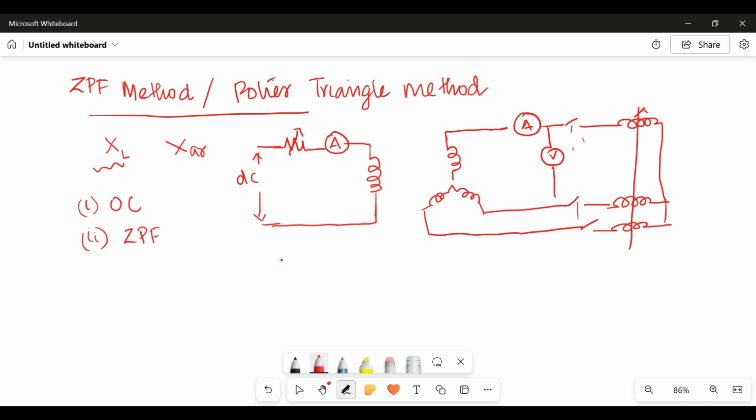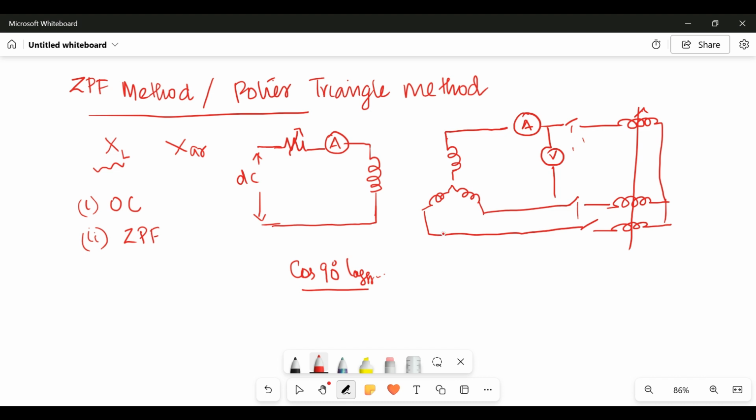To conduct this zero power factor test, the TPSC switch should be kept closed, and then this purely inductive load is connected to the alternator armature. This purely inductive load has a power factor of 0, that is, cos phi is 90-degree lagging. Hence this inductive load has a power factor of 90-degree lagging, that is purely inductive,